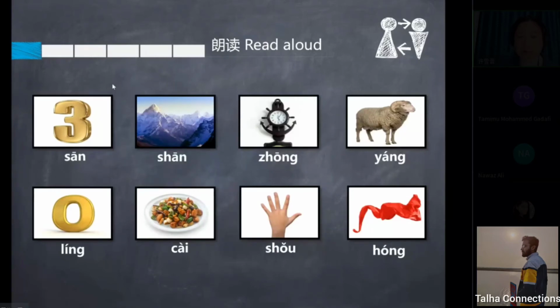You don't turn on your mic, just read after me. 三山中羊铃菜手红